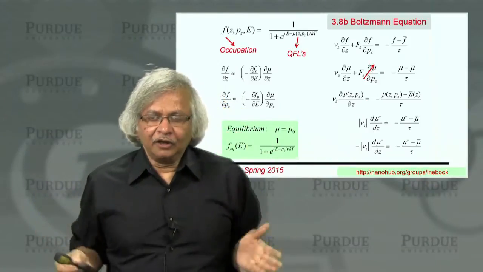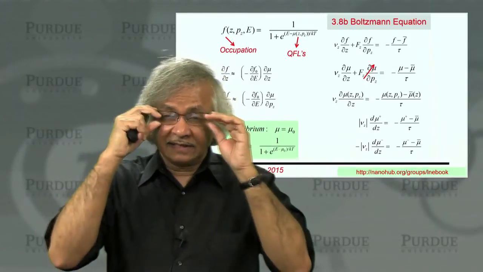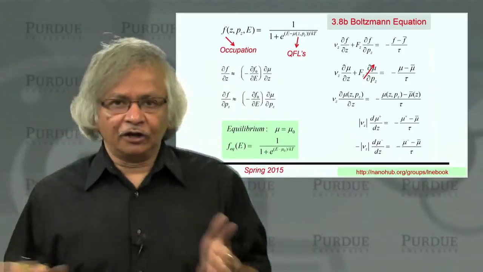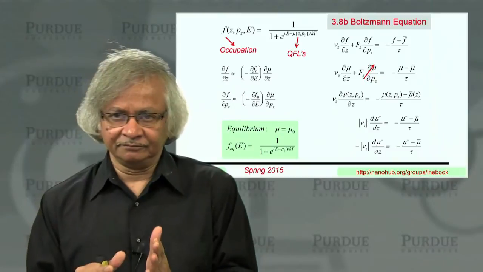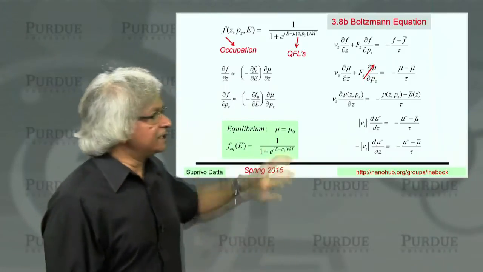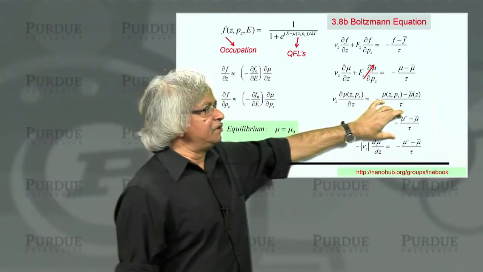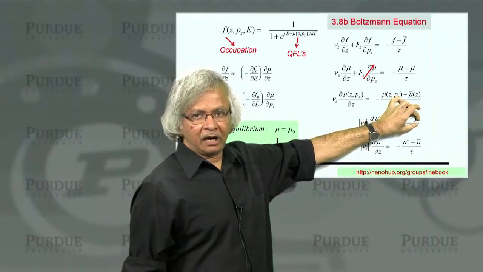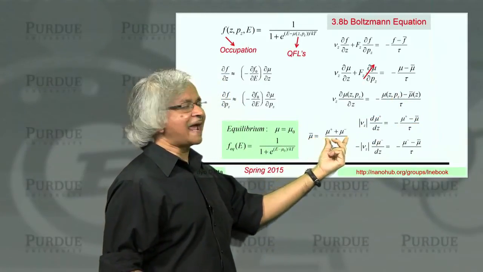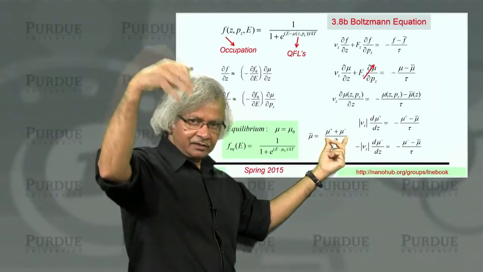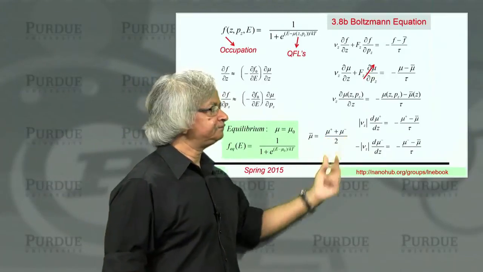that's a non-equilibrium situation. Scattering processes don't like non-equilibrium situations. You see, their mission is to restore equilibrium. So what they try to do is collapse the mu plus and mu minus into a single value, mu bar. And so this average mu, this mu bar, would be the average of the two. That's where they will be trying to collapse it.